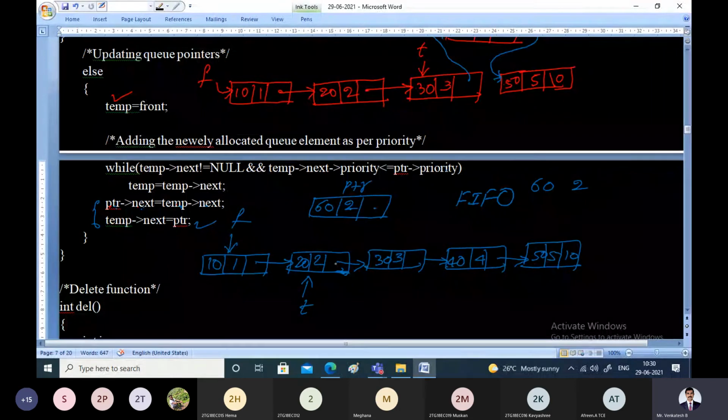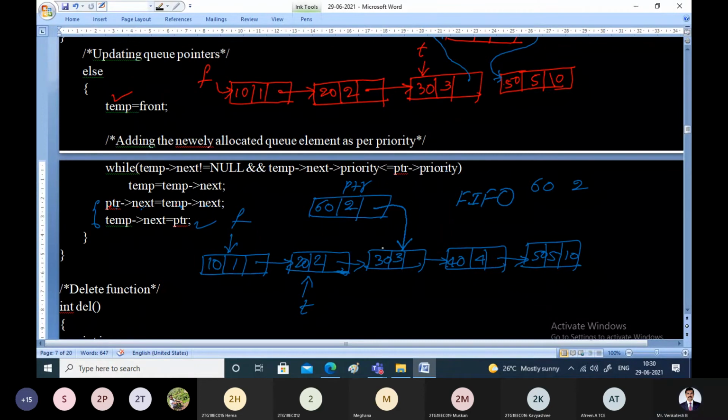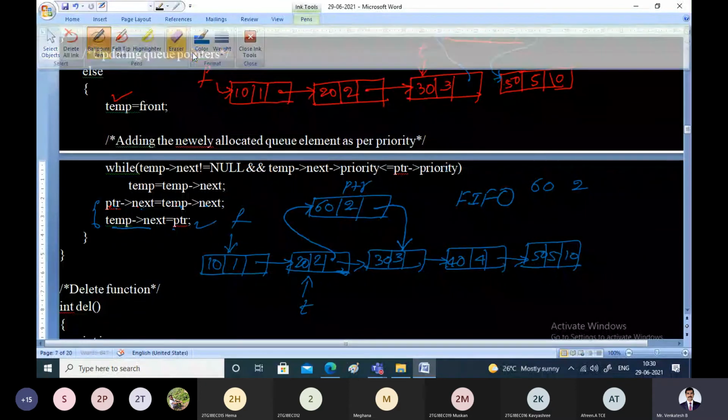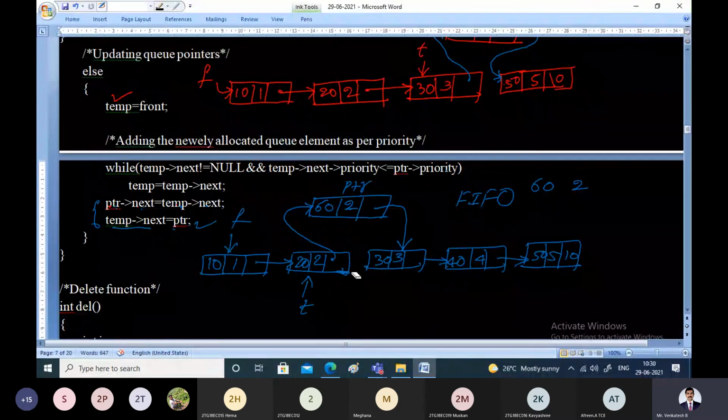PTR pointer next equal to temp pointer next. It is pointing to this node. Next, temp pointer next equal to PTR. So this has been successfully inserted.